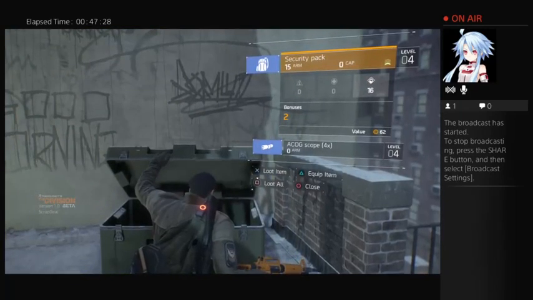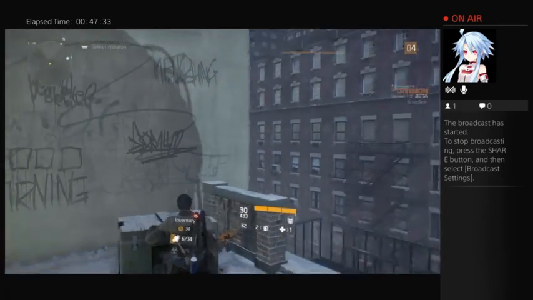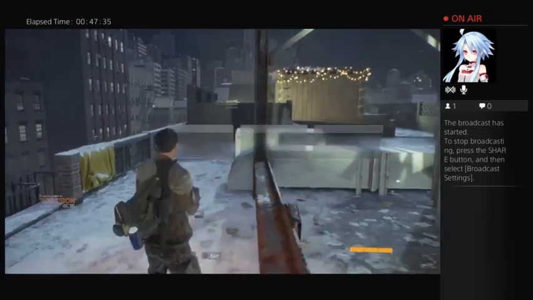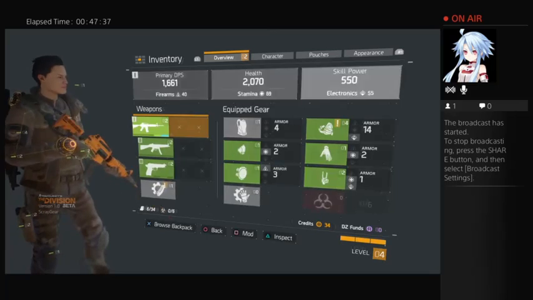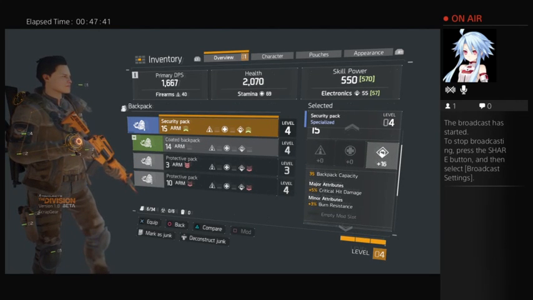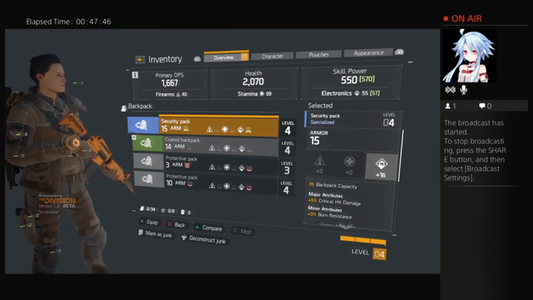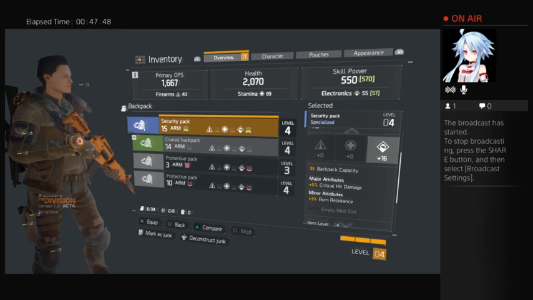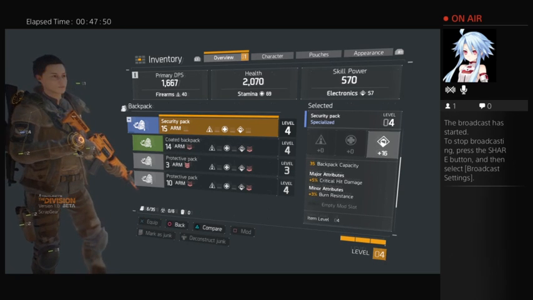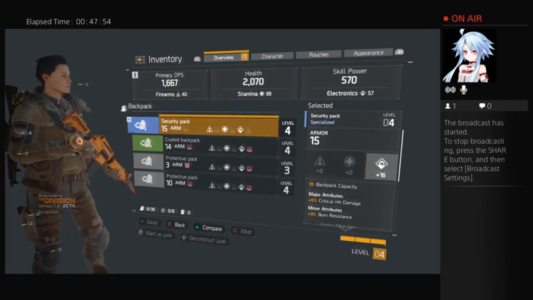Ooh, I got another backpack. Nice. Ooh, and a scope. Excellent. Okay, my character today is definitely rolling in backpacks. Holy cow. I'll take the burn resistance. And increased... Yeah, that increased my...